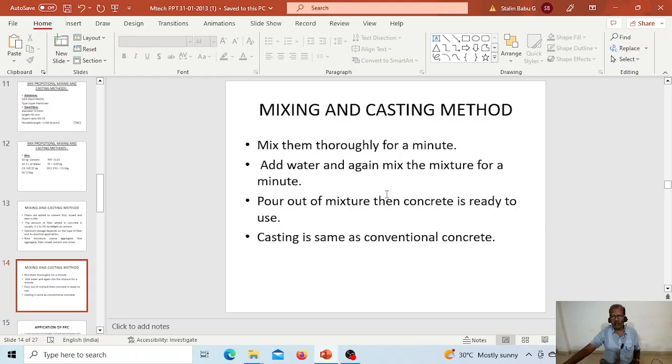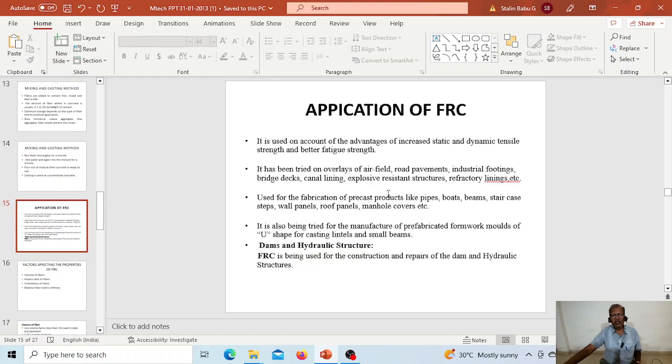I already told you, this is usually a conventional concrete and we are adding fibers extra. Application of fiber reinforced concrete: it is used in runways and airfield, that is, road